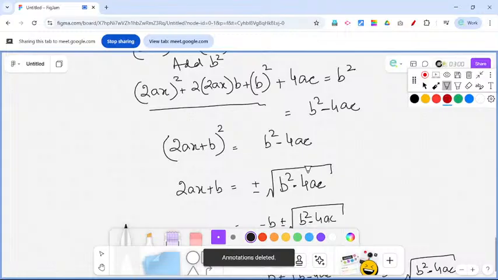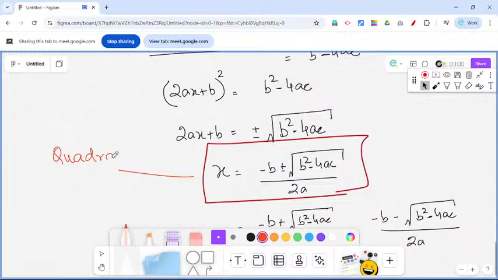So this is your quadratic formula. This you have to remember. This is your quadratic formula for solving quadratic equation in a standard form. स्टैंडर्ड फॉर्म क्या था, स्टैंडर्ड फॉर्म था